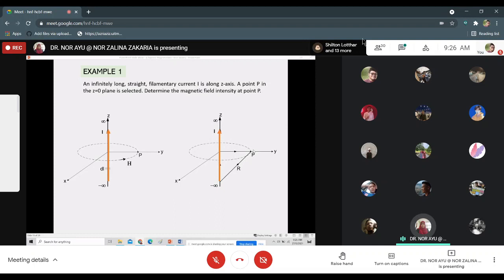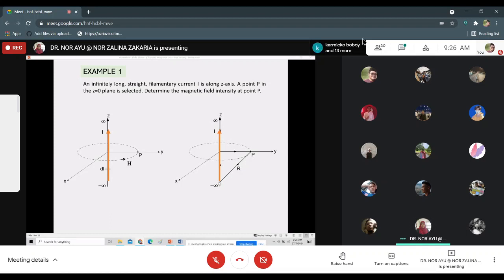Okay, so again saya ulang. So we know that the direction of R ni starting from the start point of the current towards the observation point, and then another way to the observation point is starting from here towards the origin and towards the observation point, ataupun jalan lain untuk ke observation point. Okay, so R is equal to